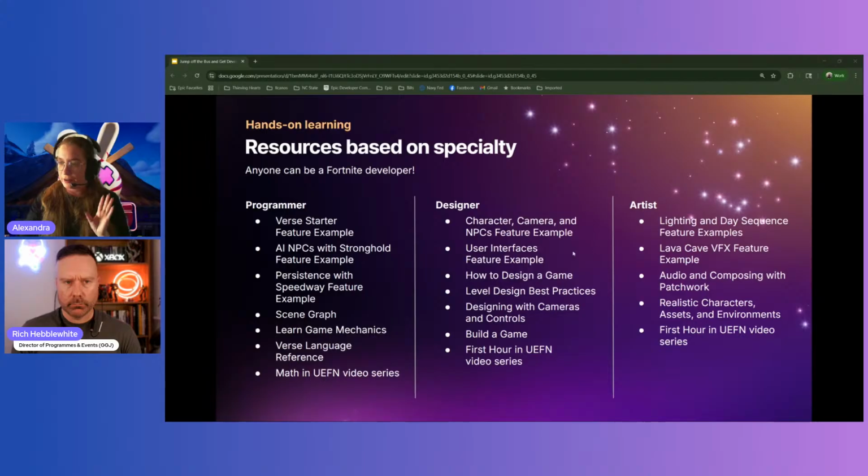But the designer, what I want to highlight here, because of the diversifier that Rich announced, the cameras and controls. So one of the cool things about what we did in Fortnite is we actually took different camera views and put them into devices. So the default is third person, but if you want first person, you just place the first person device. If you want side scroller, you just use the side scroller device. And then we have an orthographic camera as well. So they're all devices. So it makes it really easy to use. Definitely check this out, designing with cameras and controls, to kind of get a glimpse at that.